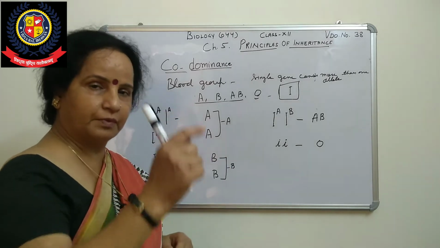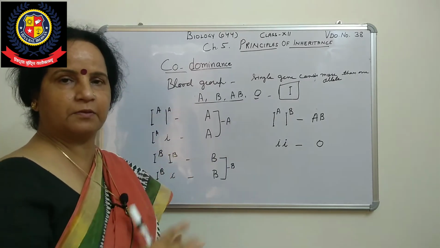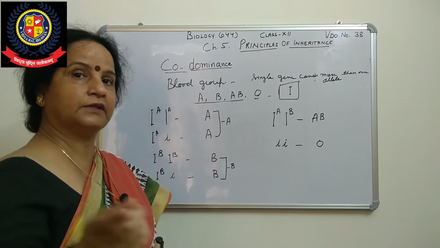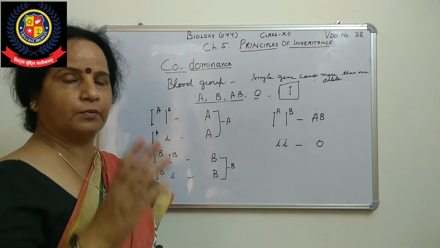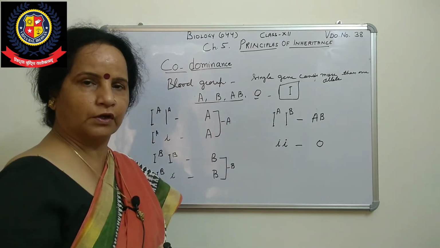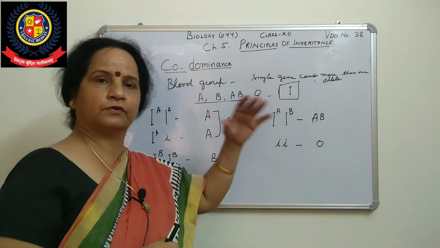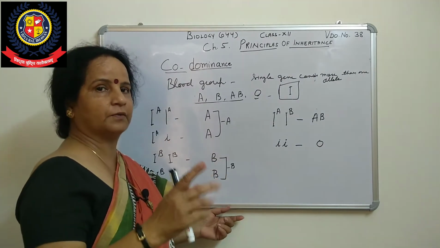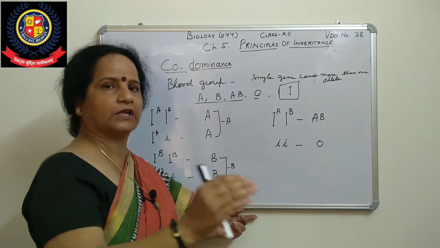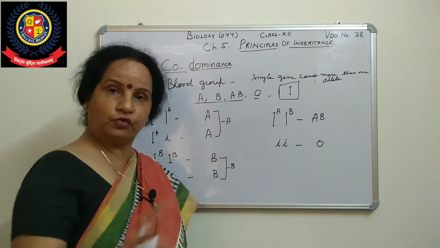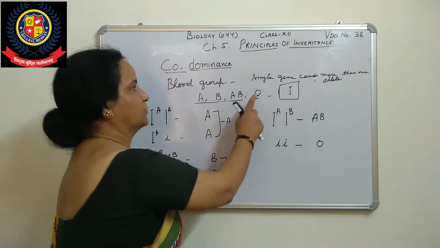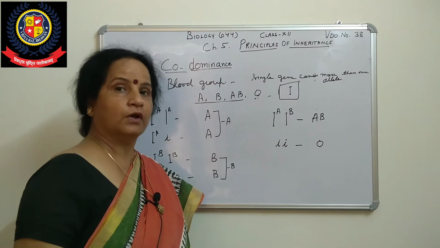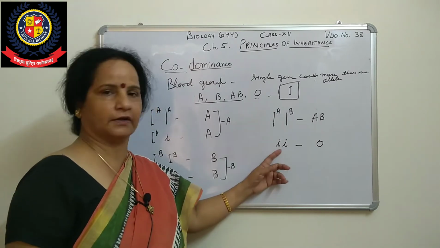The reason is that the surface of the plasma membrane has a particular type of sugar polymer, which is controlled by the gene. The gene is responsible for the formation of that particular type of sugar. Sometimes the gene prepares A sugar, sometimes B sugar, and we name the blood group based on the presence of that sugar. If no sugar is present on the surface of RBC, it is O, which is recessive. Blood group O shows only when it is homozygous.